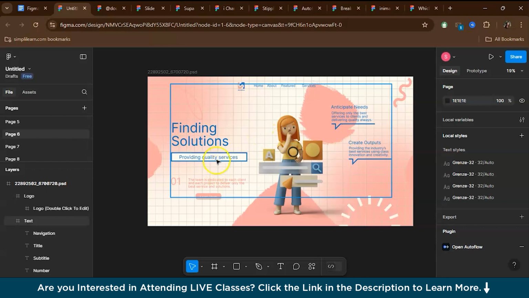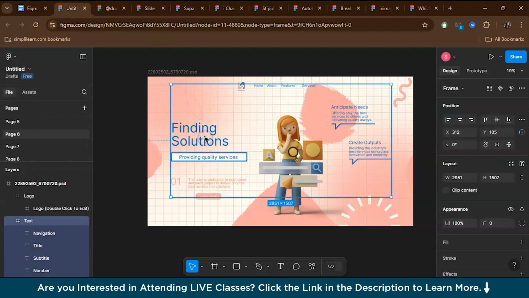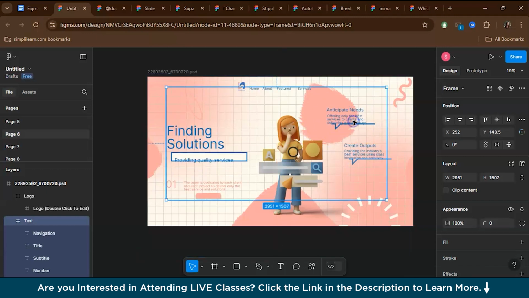Wow. As you can see, I can click any layers in this particular frame and it's editable. I can change the color, resize it, or move it around like this, just like I would do in Photoshop. So it's convenient, especially if you have old designs in PSD format that you want to update in Figma. And don't worry about the file size. This plugin works with files up to 1 GB, so even large projects are no problem.